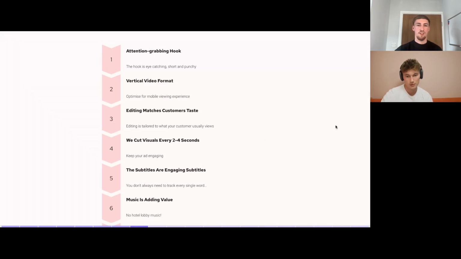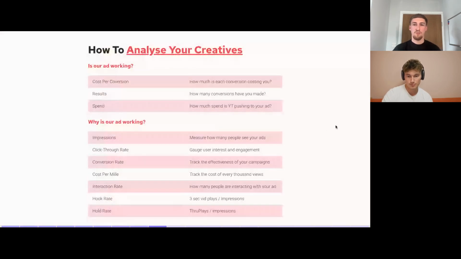Perfect, sounds good. So in terms of analysing your creative, this is just as important as all the research, because everything beforehand is just theory. And once you actually put it in the ad account, that's when it becomes gospel, if you like, and that's when you need to be seriously looking at what's working. Something that we like to do from a creative standpoint is break down: is the ad working, yes or no? And then we can break it down further to why the ad is working. So some things we'll look for in terms of, is it actually getting results?